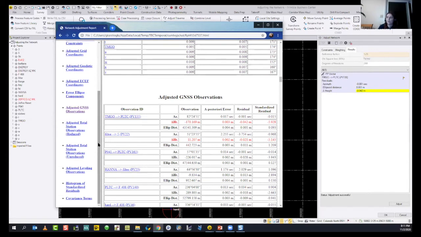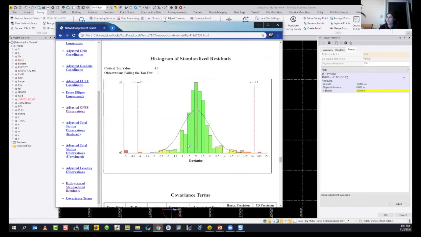How does that affect the failing? I guess the best way to display it is to just check the histogram of standardized residuals. So that's my histogram. And I see the tau criterion, tau value. So this exceeds the tau criterion. It's somewhere out of it. And we don't like it. So what we can do is we eliminate these observations.